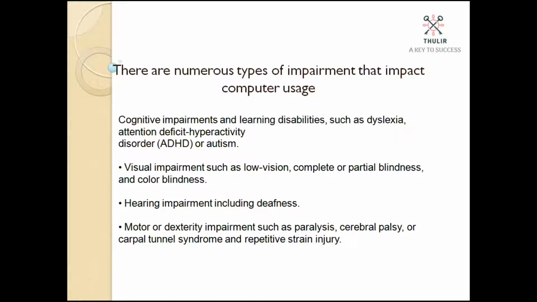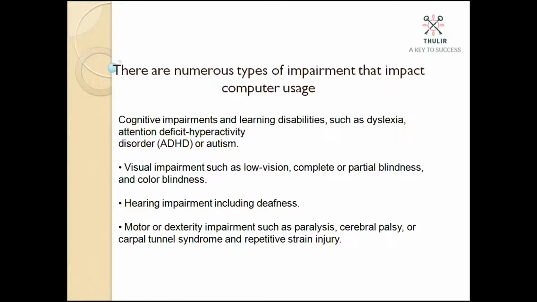So first one, in your book they are talking about cognitive impairment. What do you mean by cognitive impairment? Cognitive impairment is nothing but a person who has disabilities in understanding. Those people we call as having cognitive impairment, and learning disabilities such as dyslexia, attention deficit hyperactivity disorder, that is ADHD, or autism, children with autism.